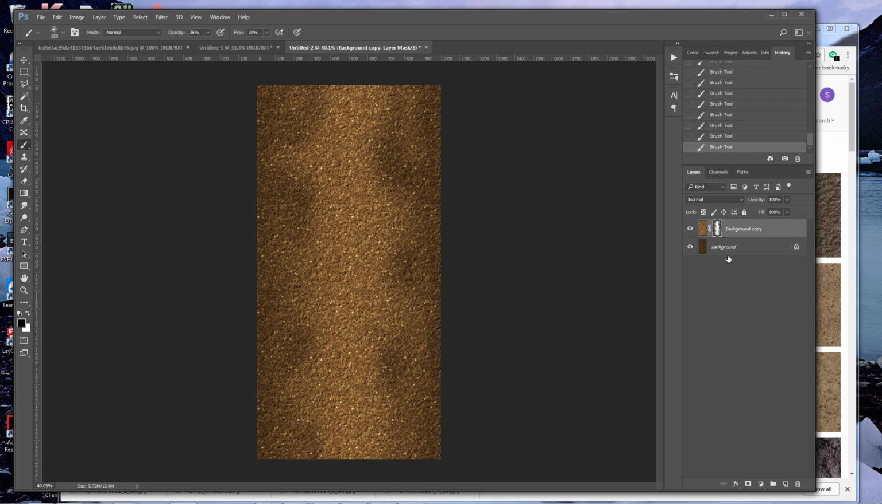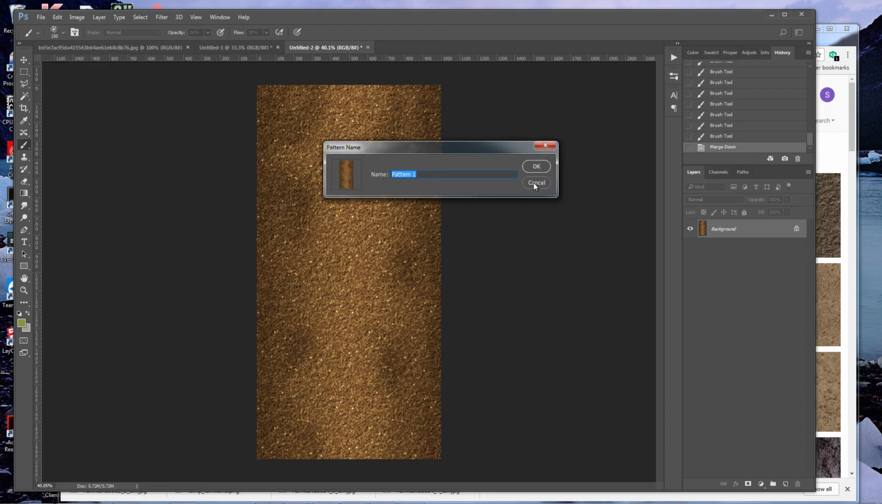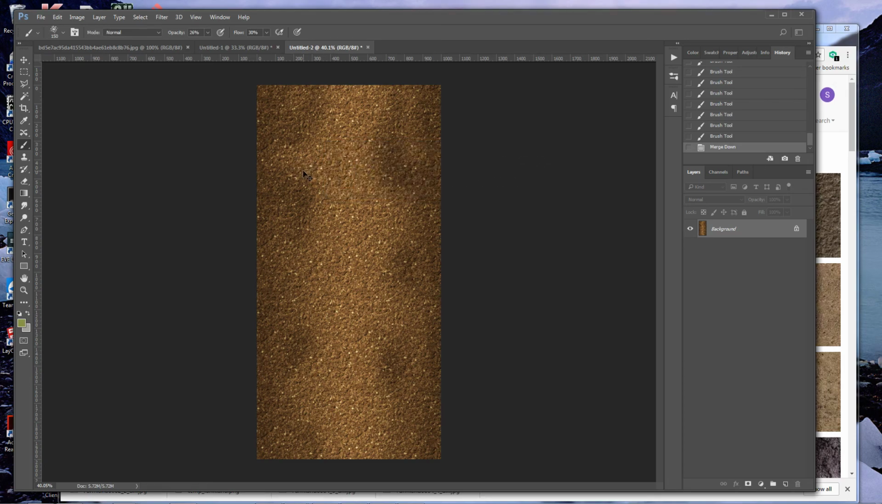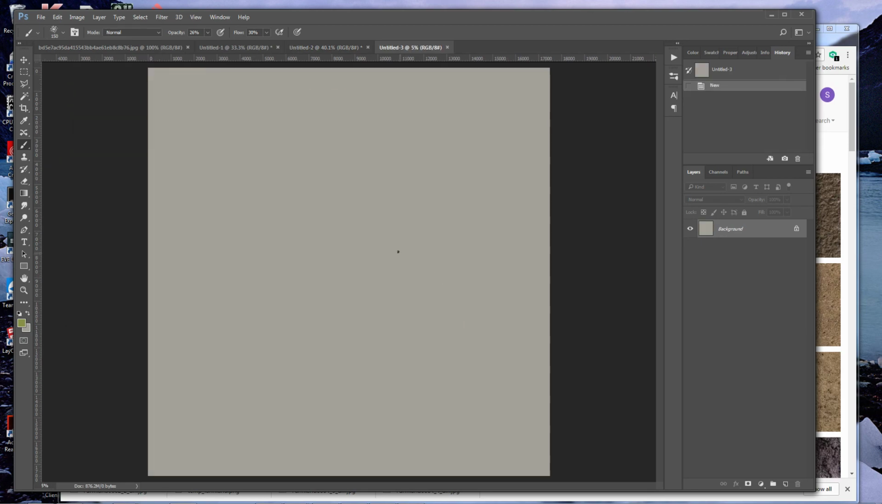Okay, so what you want to do then is just basically flatten that image and merge it down, and then we're going to create a pattern of that again. So again, basically I've got two patterns. New dirt soil. Okay, and then I'm going to create my new image, and we'll create this at fairly large. Let's create it at 17,000 by 17,000. And then I'm just going to go and fill